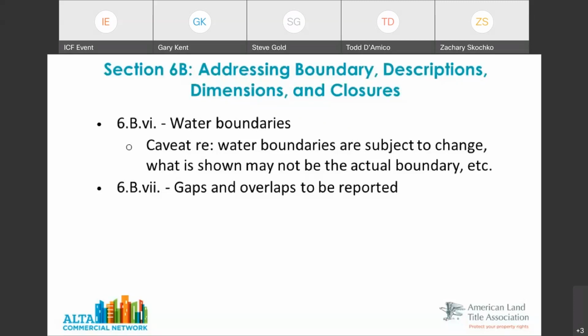Yeah, and I think the requirement says prior to or upon delivery. So prior to is helpful, but the point about upon delivery is that gaps or overlaps need to be patently clear on the face of the survey, right? If it's a little tiny gap or overlap, it may be hard to show it graphically, but there has to be a note. If it's big enough, then it can just be shown graphically. But that information preferably is communicated ahead of time, but either way, it has to be clear on there. Otherwise, we haven't done our job for everyone.